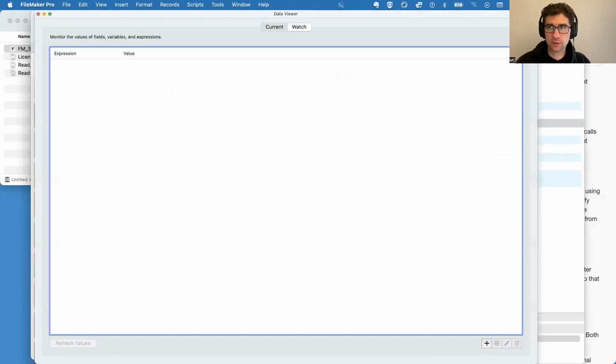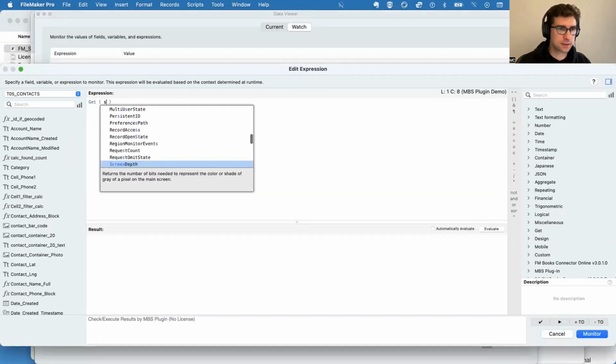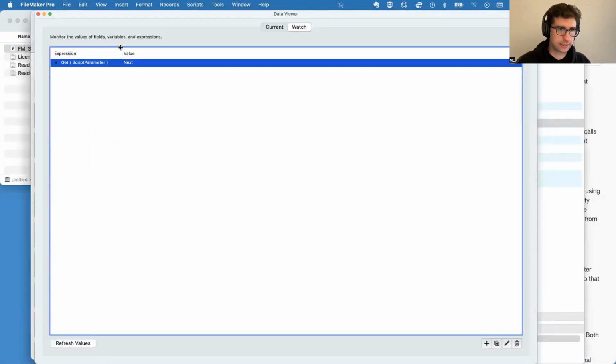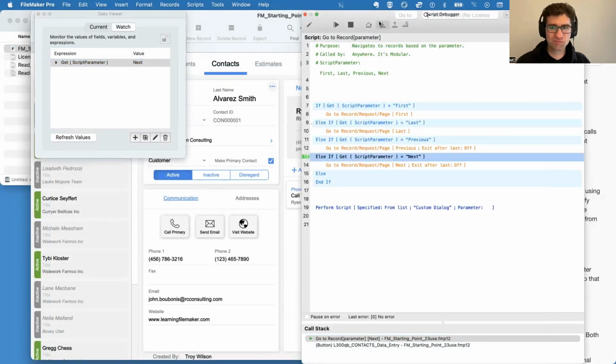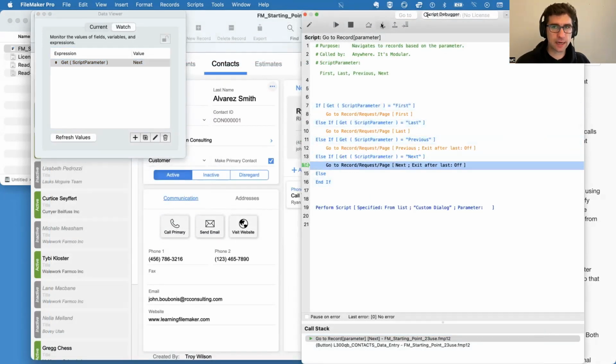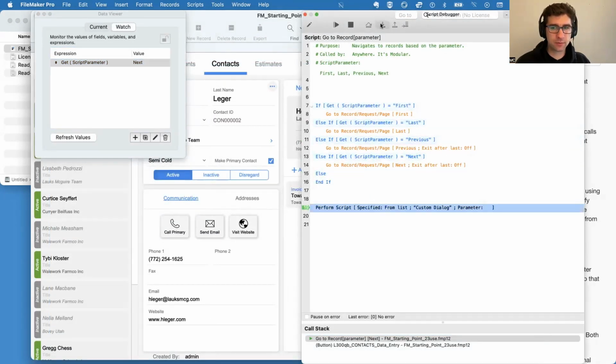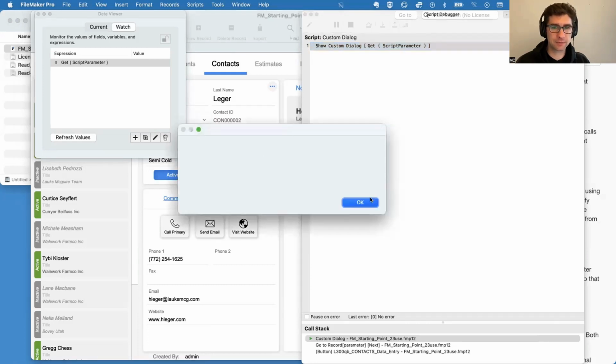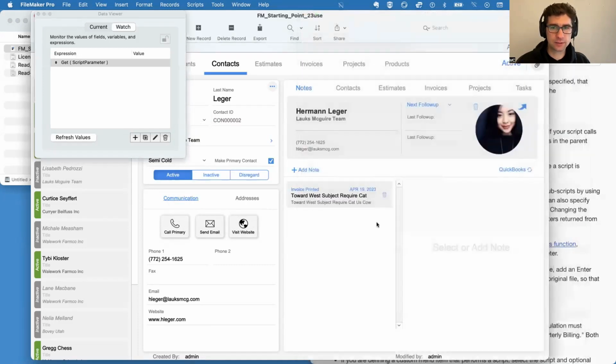So here, let's go ahead and open up our data viewer and say get script parameter monitor. So we see it's next right now. It gets to next. Now it performs that action. And now we're going to go custom dialog, and that get script parameter disappeared. We'll go ahead and do the action. It's empty. There's nothing there. Now, if I do the same thing,